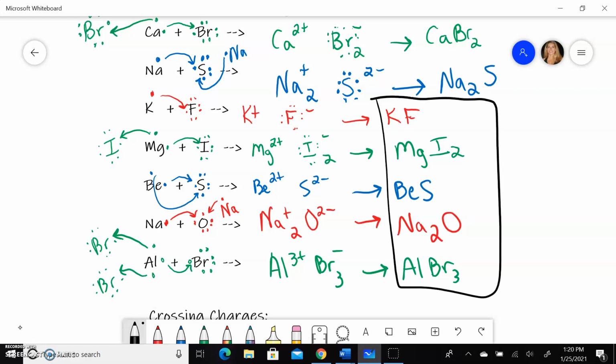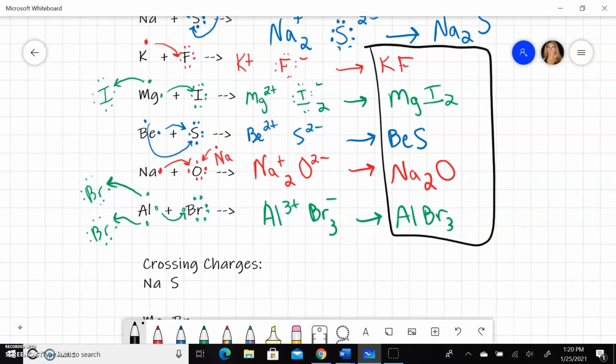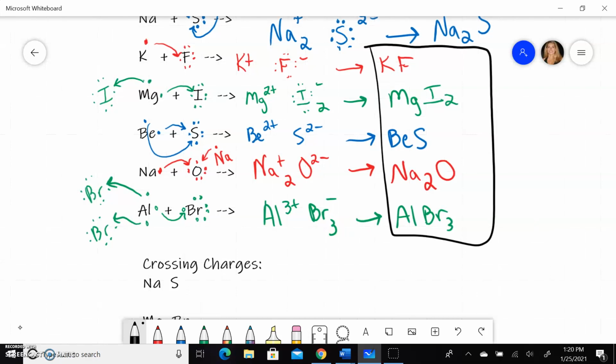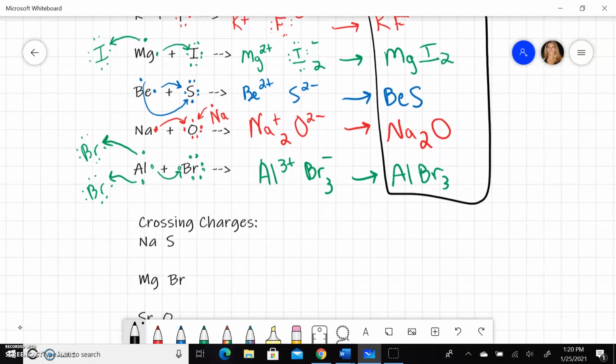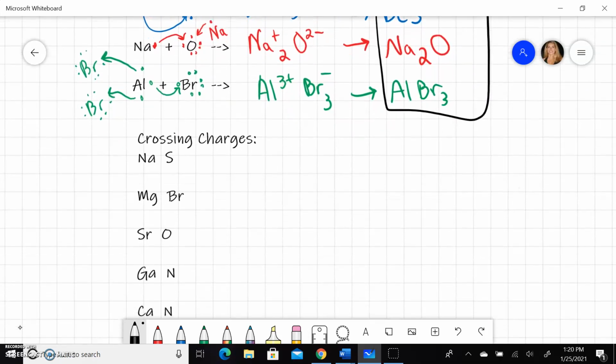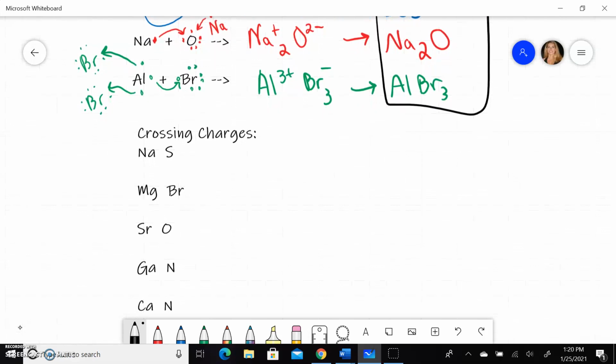However, scientists are not going to sit there and draw arrows and dots all over their papers. So there's an easier way to do it than drawing that. We teach it that way so you can visualize what's actually happening with the electrons, but now I'm going to teach you something called crossing your charges. And the point of this is to reach a net charge of 0. Net means overall. So for all of these, they need to add up to 0 in terms of their